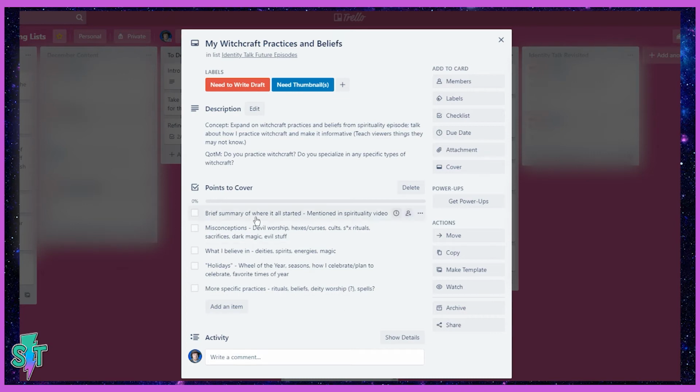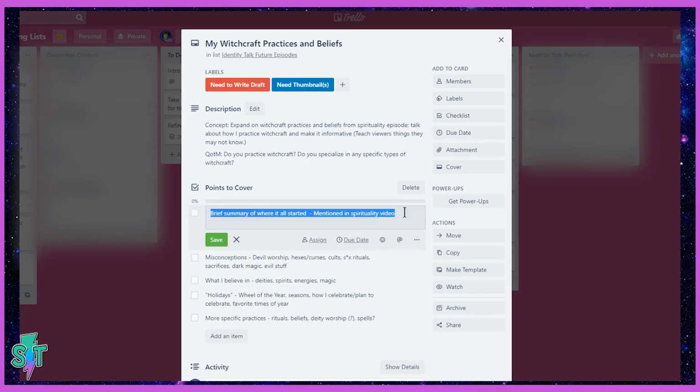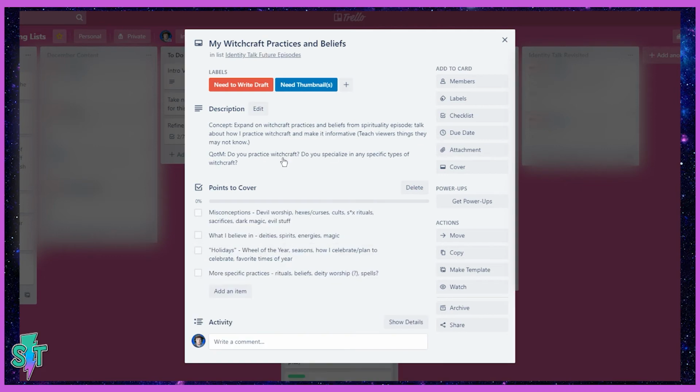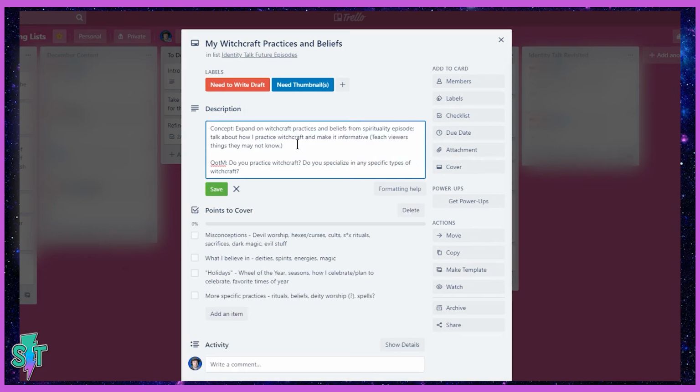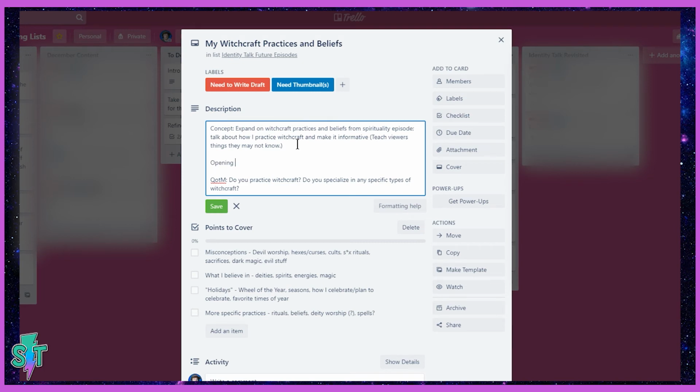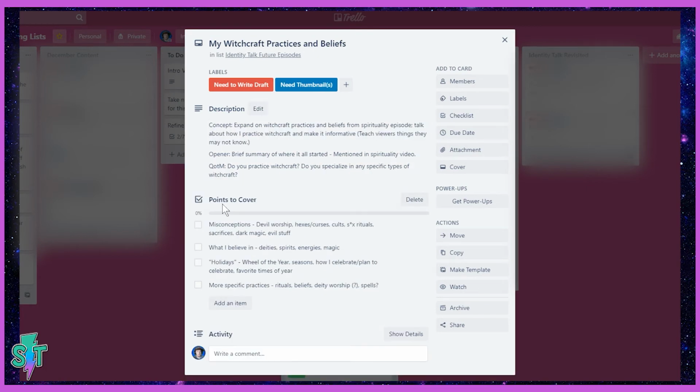And I think a good thing right after the opener is a summary of where it all started. Actually, I just realized that could be my opener. So get rid of that. I don't normally put the opening line. I don't call it an opening line. What do I call it? I'm just gonna call it an opener. I don't think that's what I normally call it, but brief summary of where it all started, mentioned in spirituality video. Yeah, I guess that works. And